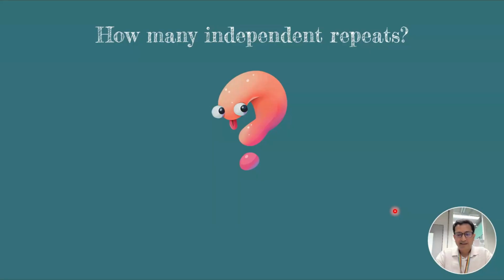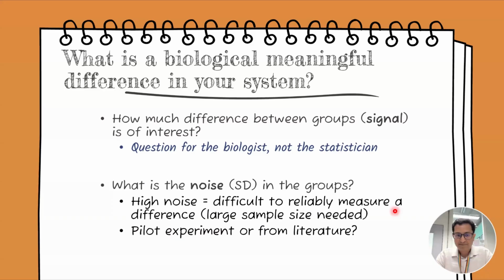That still leaves us with how many replicates, now that we understand what is an independent replicate. That, again, you'd be pleased to hear, is not a statistical question. It starts from a biological question as to what is the meaningful difference in your system that you want to measure. For example, if you have an enzyme and you made a mutant that you want to compare, what would be a biologically meaningful change in the Km of that enzyme? Or what would be a reduction?